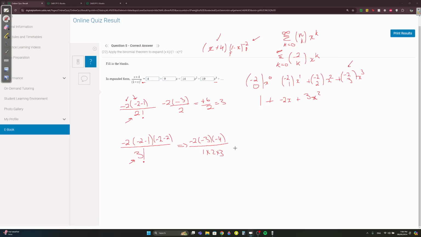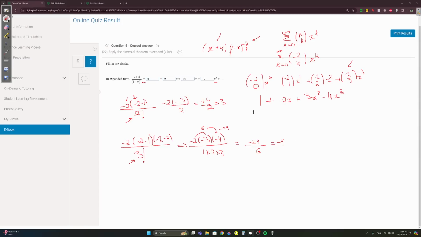Let's simplify this a bit. Yeah, let's just multiply it all out. It doesn't matter. These are easy numbers. Negative 2 times negative 3, 6. 6 times negative 4, negative 24. So negative 24 over 1 times 2 times 3, 2 times 3, 6. You get negative 4. So negative 4